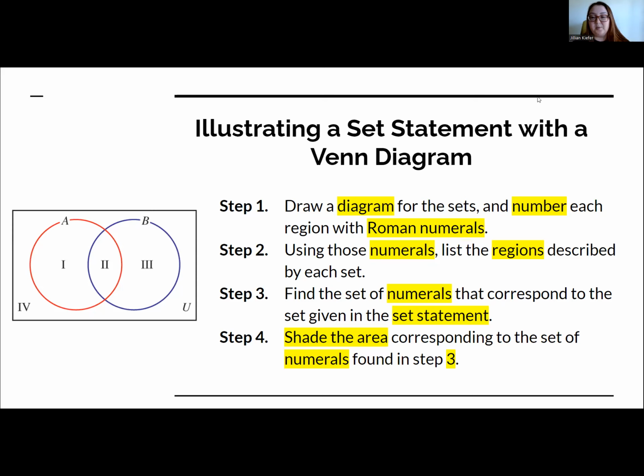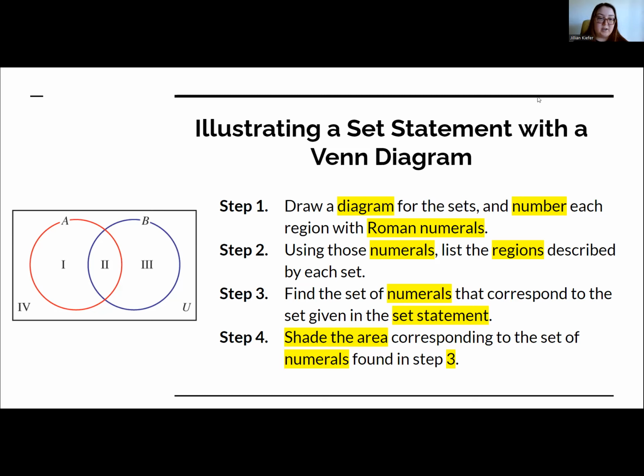Step two, using those numerals, list the regions described by each set. So you would list them probably on the side. Step three, find the set of numerals that correspond to the set given in the set statement. So figure out which regions correspond to the correct area based on your set statement. Step four, shade that area corresponding to the set of numerals you found in step three, and your answer would be whatever elements are covered in your shaded region. So we'll do a real example for this, but this is what we'll do